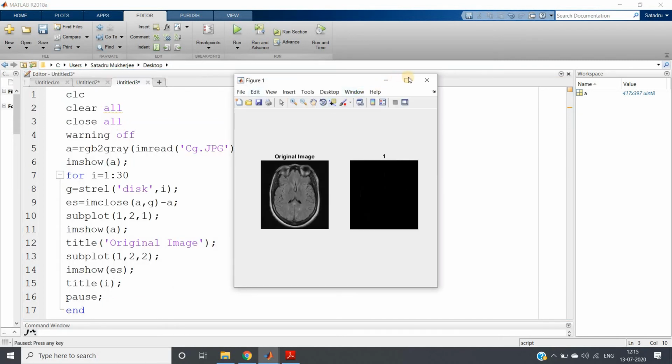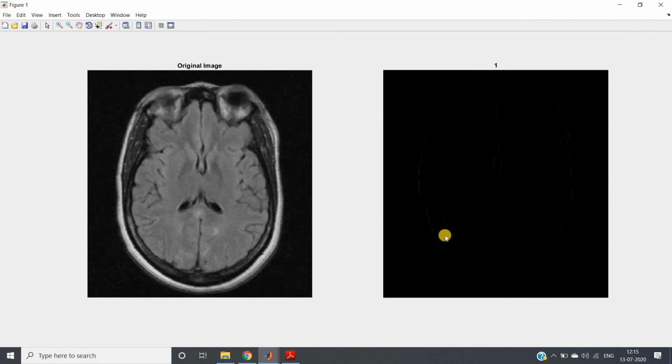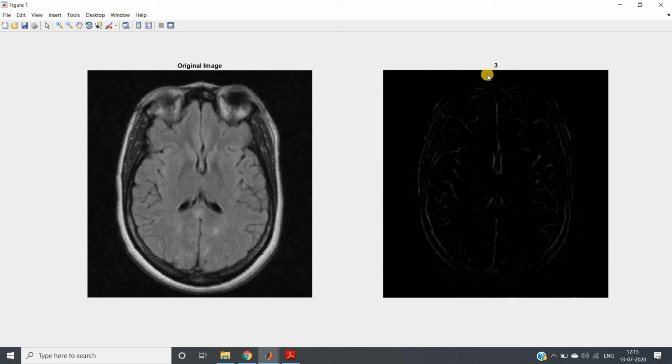Okay, so here is my original image, and first the structuring element has a very small size, as a result it is very difficult to figure out the darker part in the brighter background. We will press any key from the keyboard, like I prefer to press spacebar. Let me press that and see, here from 1 it became 2. Still it is not visible properly. Then I am making it 3, then 4.